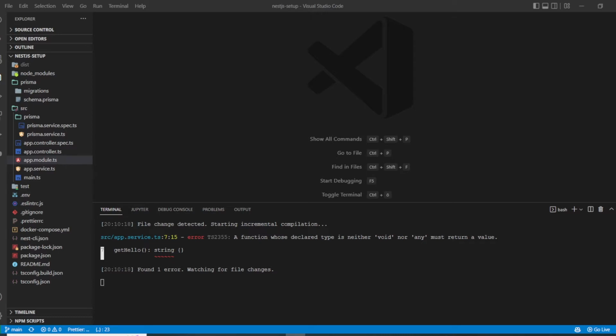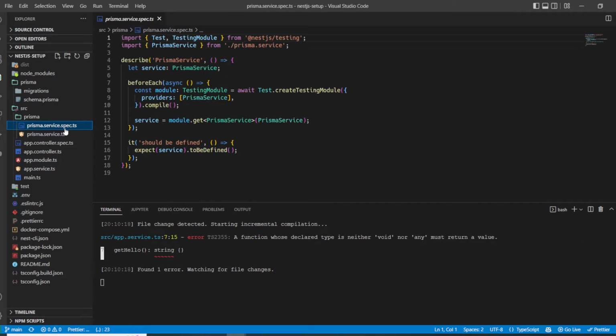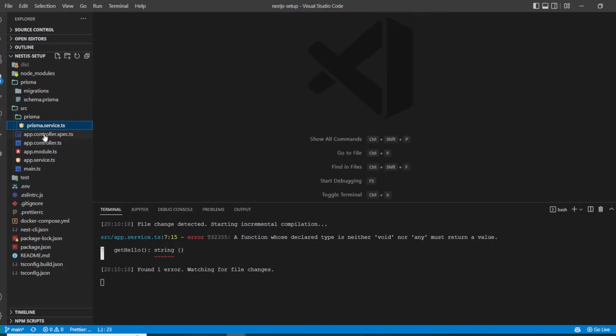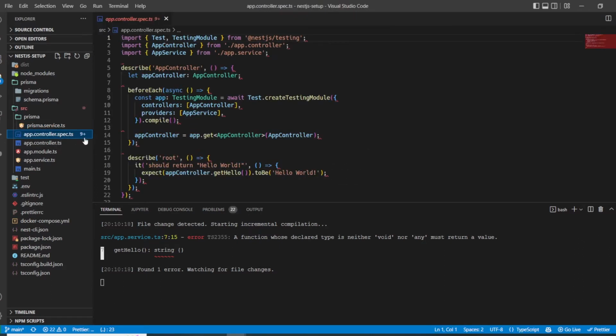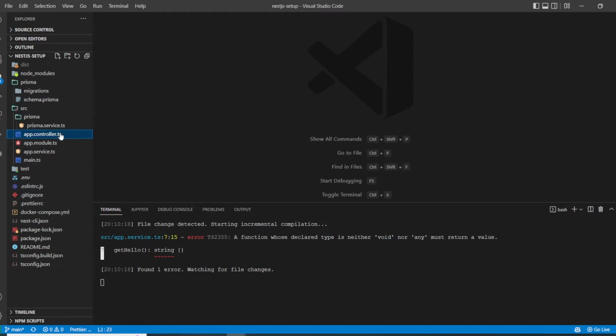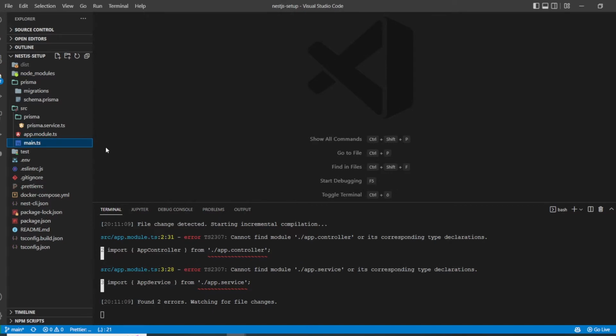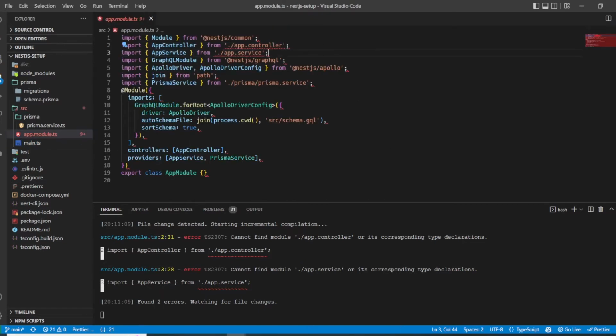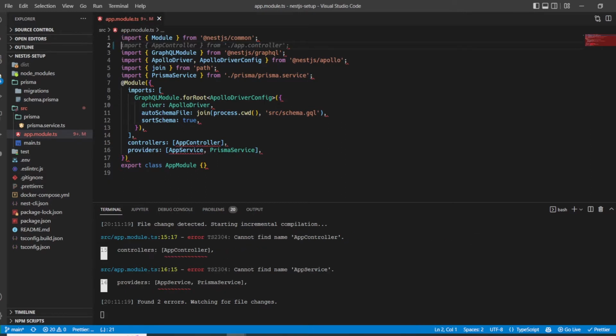First things first, let's delete a few files that we do not need. We can delete the prisma.service.spec file. We can delete the app.controller.spec file. And we can delete the app controller and the app.service file. Then we can go to app.module and delete these two imports here. And then also you see down below that we need to delete the app controller here from the array and